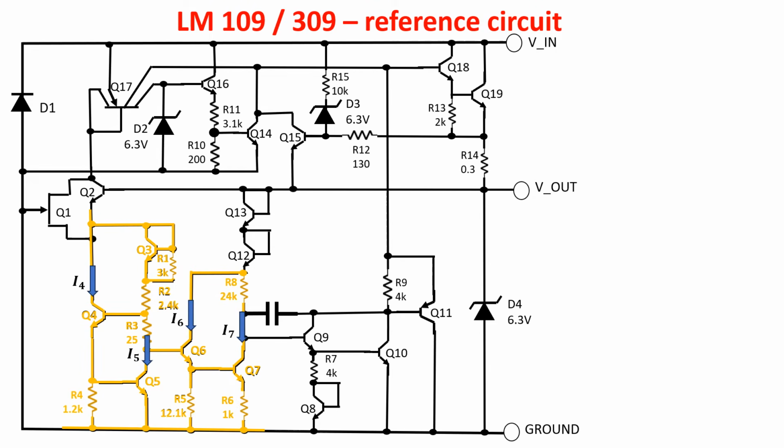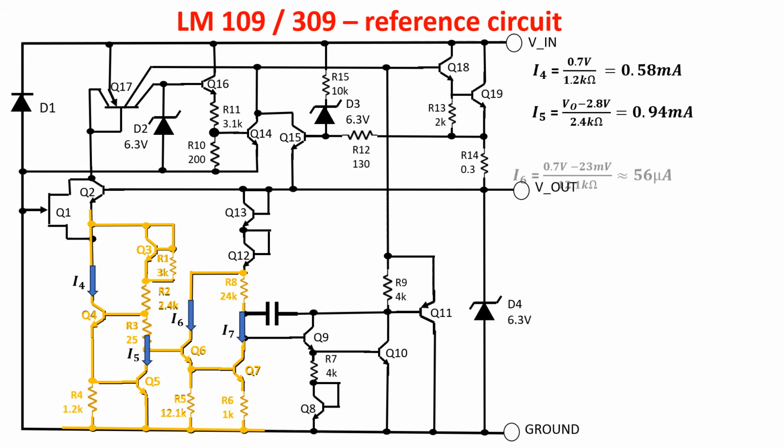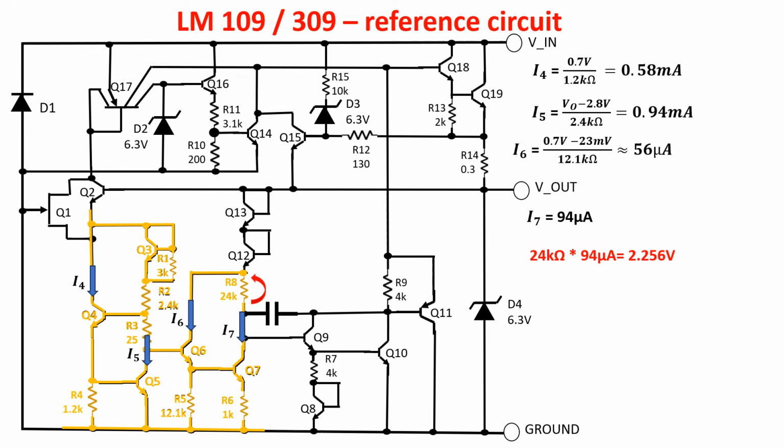We already know I4 and we get I5 equals 0.94 milliamps. I6 is about this, keeping our approximation, and I7 is this. Knowing I7, we can check the value of I7 times R8, which has to be around 2.2 volts to compensate the 4 base emitter junctions. We get 2.256 volts, which added to 2.8 volts gives a Vout of